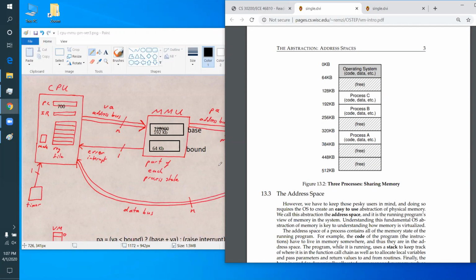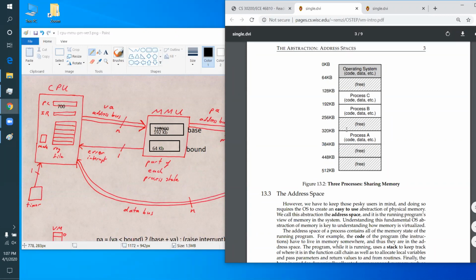Base and bounds virtual memory causes fragmented memory, but it's relatively straightforward to defragment memory. But you have to copy a chunk of memory from here to here and then update the memory management unit. But copying memory from here to here is bad enough that that's the big problem with this system. Fragmentation is, unfortunately, solvable, but it's too slow. Copying programs from here to here or from here to up here, copying programs to defrag memory is just not